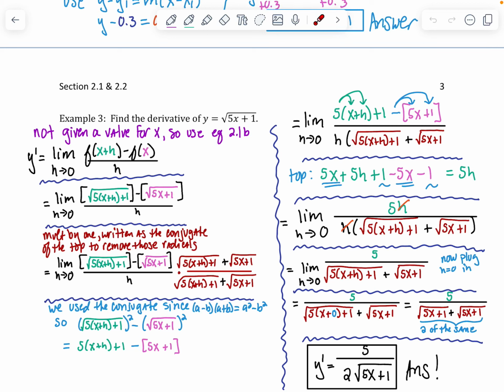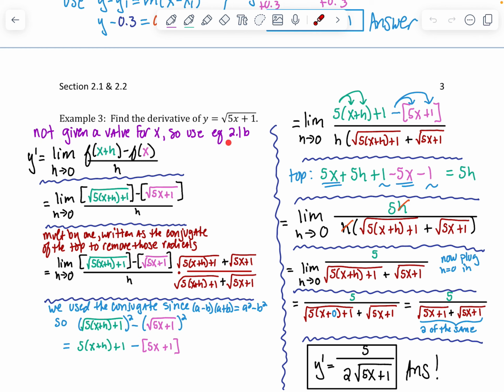Section 2.1 and 2.2, page 3. So we're just beginning with a problem that asks us to find the derivative of a given function. In this case, we are not given a value for x, so we're going to be using the general equation